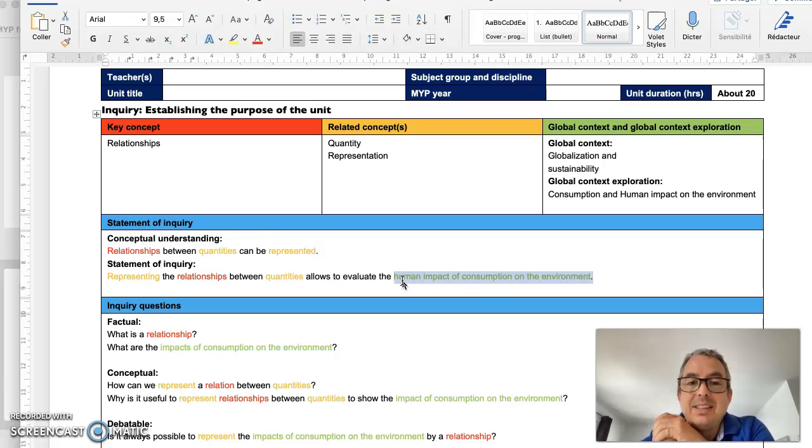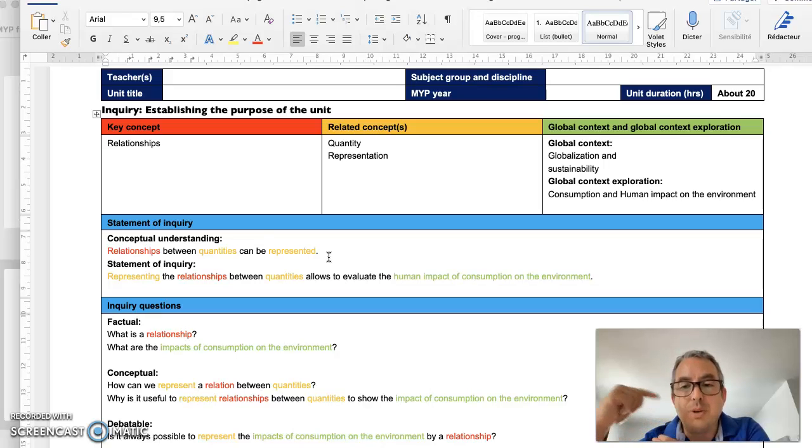What you will see is that there is no mathematics involved. Of course, when I get to my students, I could do representing, let's say, exponential relationships between quantities, or any other type of function actually. So for that part, you do not put the mathematics topics. You had selected it in order to think about something that you want to do, but in the statement of inquiry and in the conceptual understanding, you do not put the mathematics, because this sentence that you are